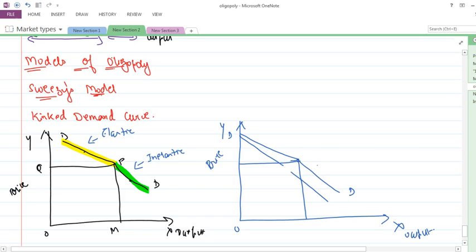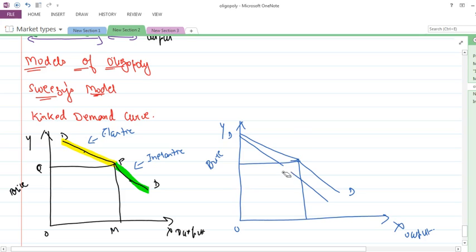The greater the difference in the two elasticities of the upper demand curve and the lower demand curve, the wider the gap would be. If the marginal cost curve of the oligopolist passes through the discontinuous portion of MR, if it passes from here,